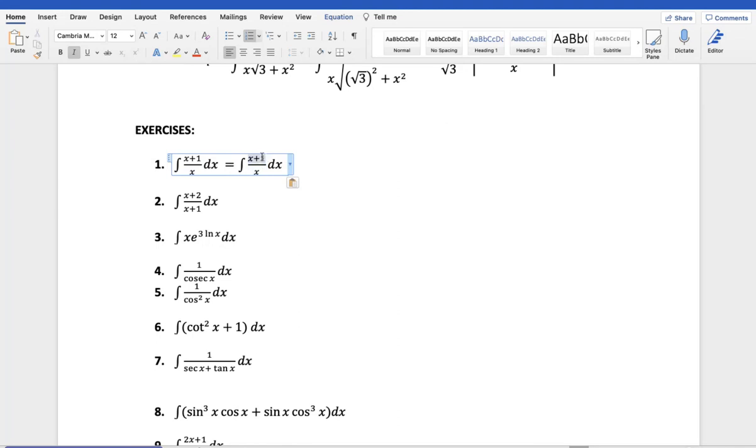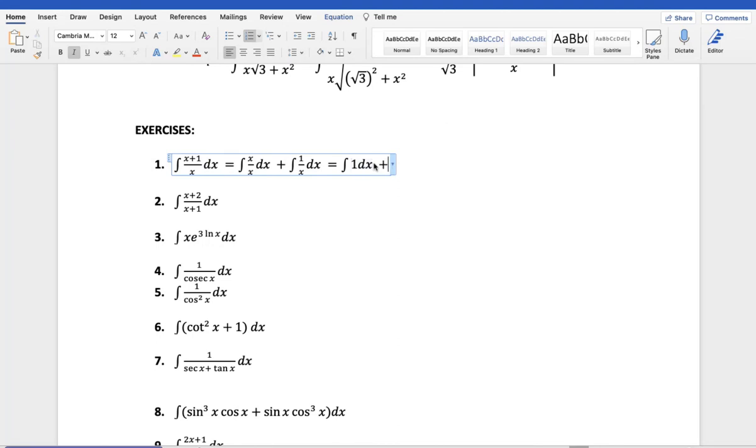Well, we can have the integral of x over x dx plus the integral of 1 over x dx, right? And this will just be equal then to the integral of 1 dx, because x over x is just 1,